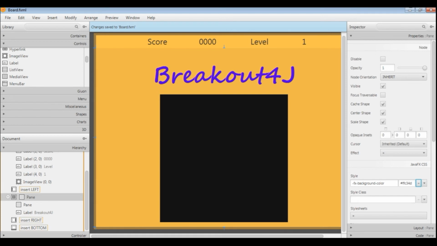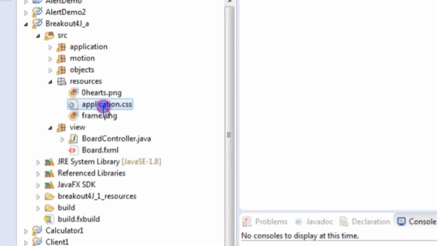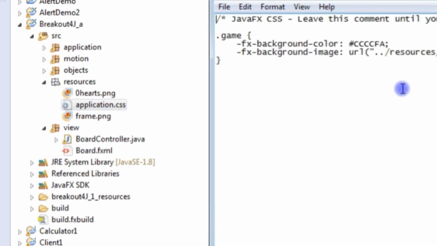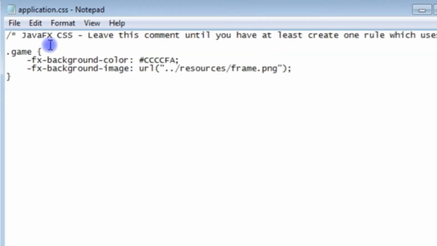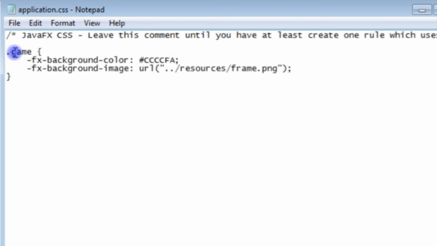Now what I'm going to do here is save this and come out of Scene Builder, because I've forgotten to do some things and I've been skirting around it, but what we really need to do is sort it out. So close down your Scene Builder once you've saved it, then come over to your application class and open it up. It's just a text file, but what I want to make sure that we've got in here is this section here. So dot game space curly brackets, setting the FX background color to